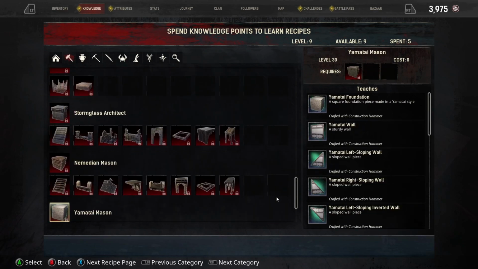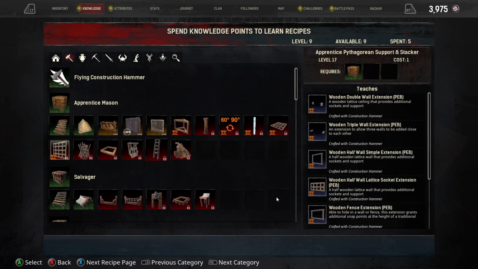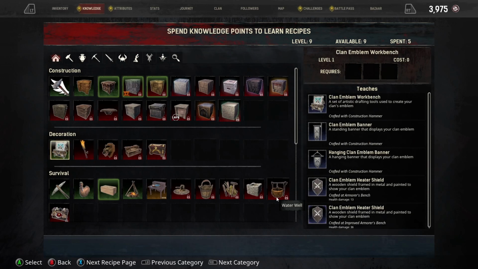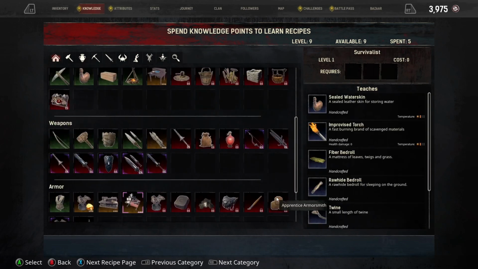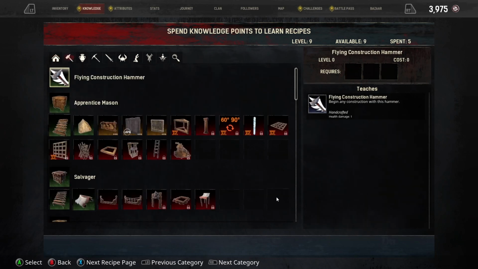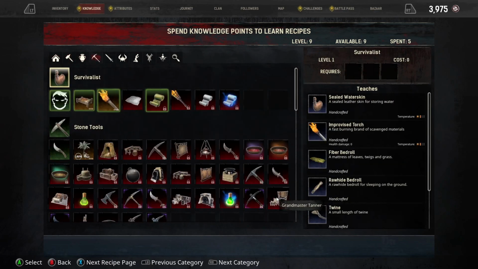Now, let's see here. We have to go in here and activate decoration, and we've got to activate torchbearer is what it wants. But I've got to be level 7. It's going to cost me 1 point. I think I'm already level high enough to do it, but it also has the torch requirement. So that means I need to go over here. Well, no, I think it's down here. In survival and buy